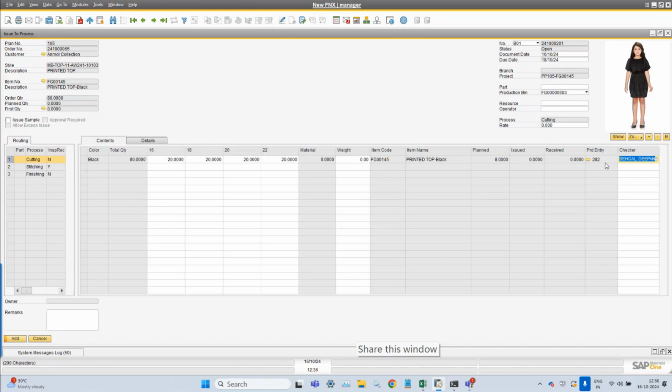So we can assign a checker, and while adding this particular entry, we are issuing the raw material to this particular process. This is the color, this is the total quantity we are issuing, this is the due date of this particular lot, and this is the project which belongs to this production plan. Apart from that, the production order detail and everything related to item detail and the customer is getting shown here. So all details are showing on the header itself. So I can say add it. When I add this,